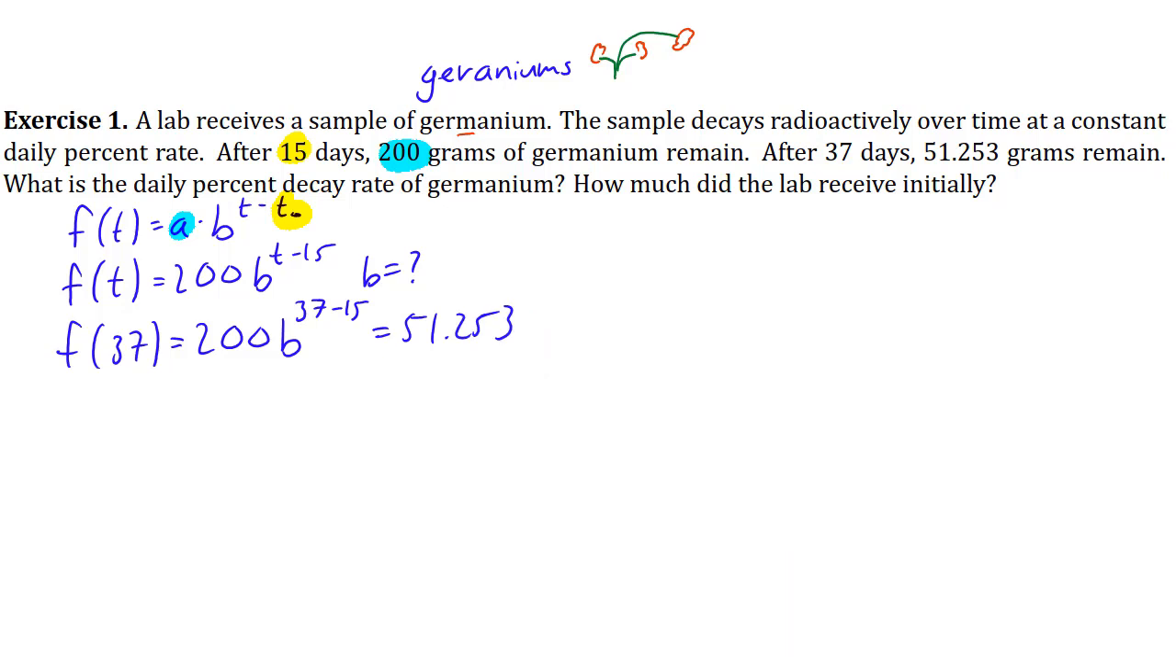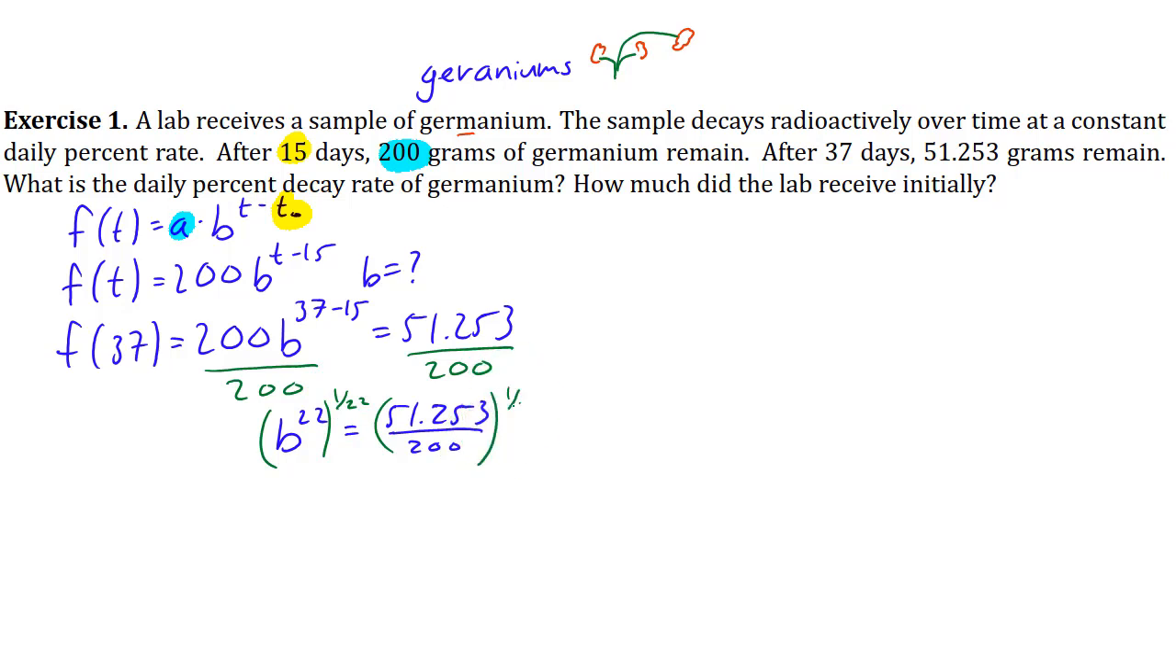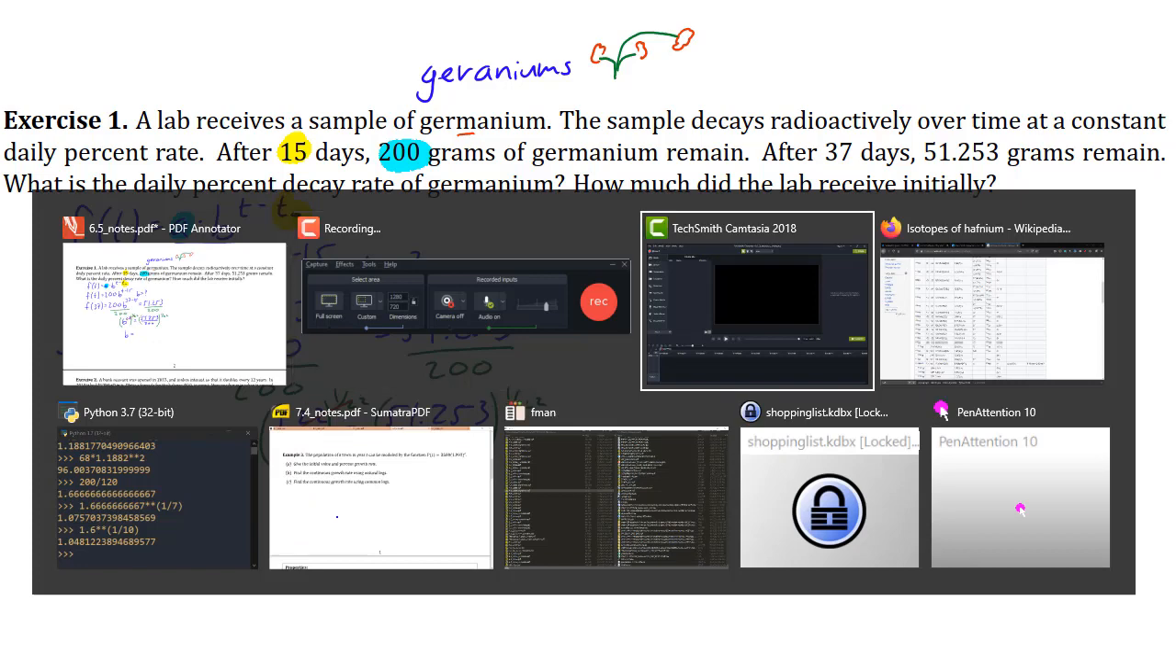and that should be equal to 51.253. And we want to solve this to get b, so we're going to divide both sides by 200. And 37 minus 15 is 22. So we get b to the 22 equals whatever 51.253 over 200 is. And you can raise both sides to the power 1/22 to cancel that out. And if you plug this into a calculator,